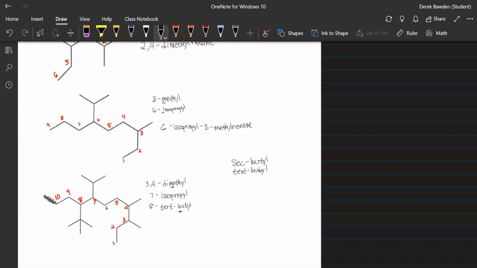And how you remember that is that these 2 have dashes in them. All of the rest of them, like, yeah, so we had a question, do I use I for iso? Yes, because there's no dash. So sec-butyl and tert-butyl have a dash, and so that's why you use the B, whereas for